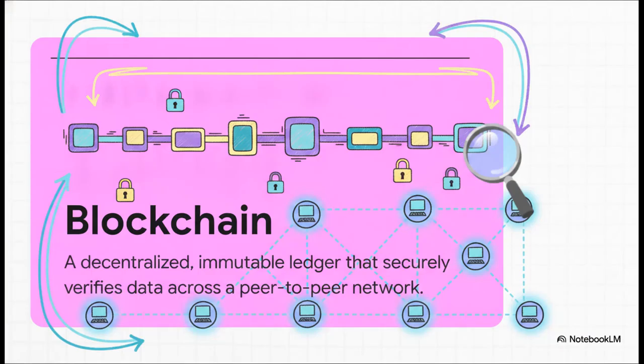At its absolute core, a blockchain is a decentralized, immutable digital ledger. And immutable is really the magic word here. Once data is securely recorded and verified across the peer-to-peer network, that's it. It can't be modified. It can't be deleted. This completely transforms the database into a single, unforgeable source of truth. There's no central administrator who can just go in and cook the books. Instead, any changes to the records require the consensus of the entire network. It's a real game changer.